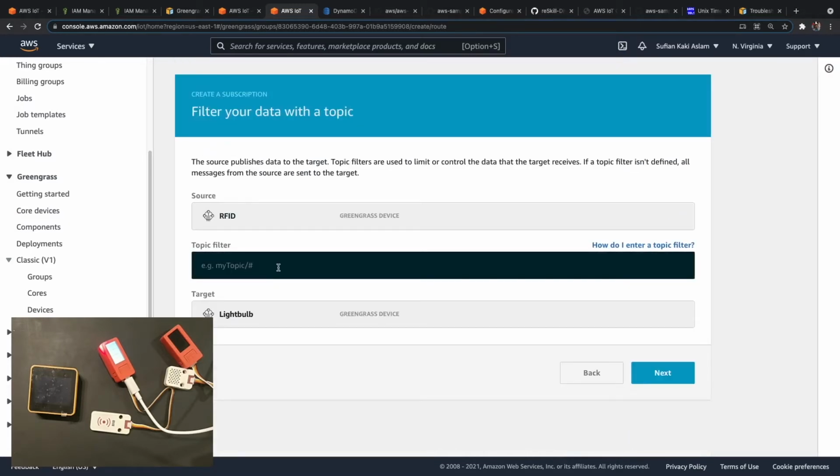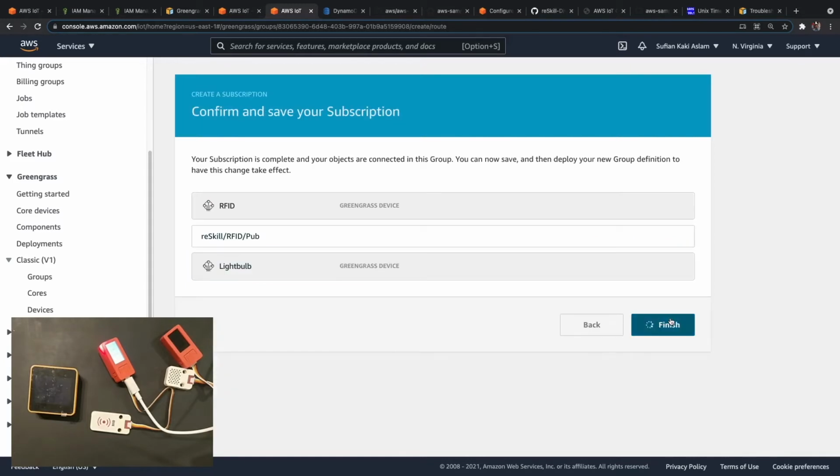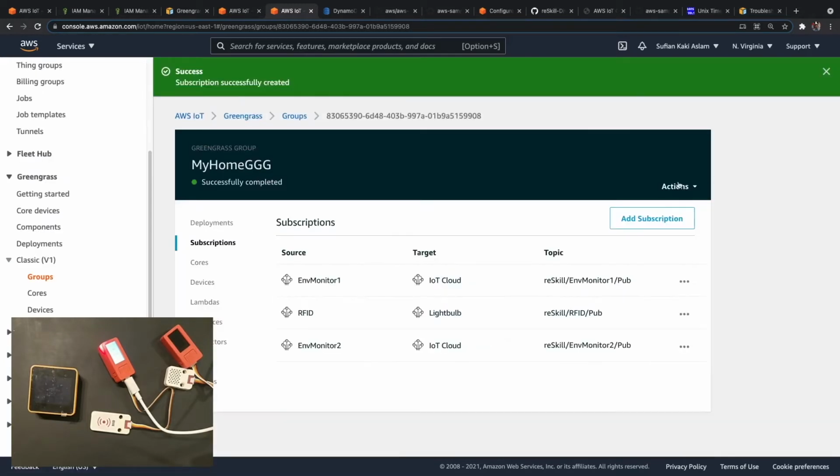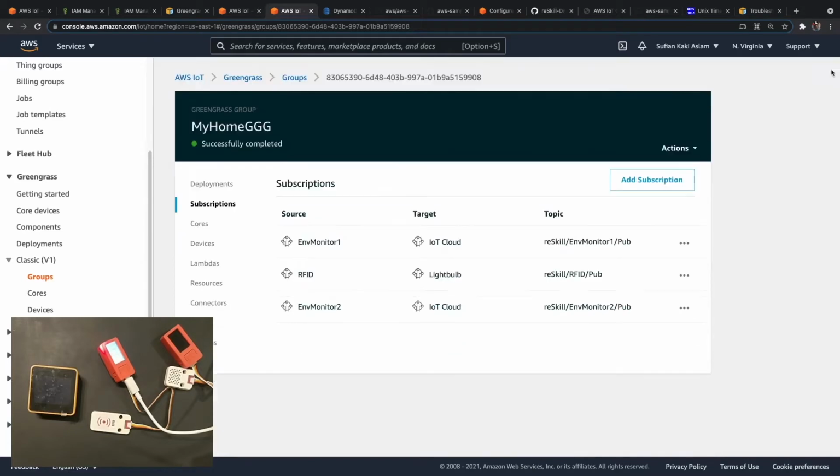And this one needs to be in the skill RFID and then pub. Okay, next, finish. Actions, deploy.